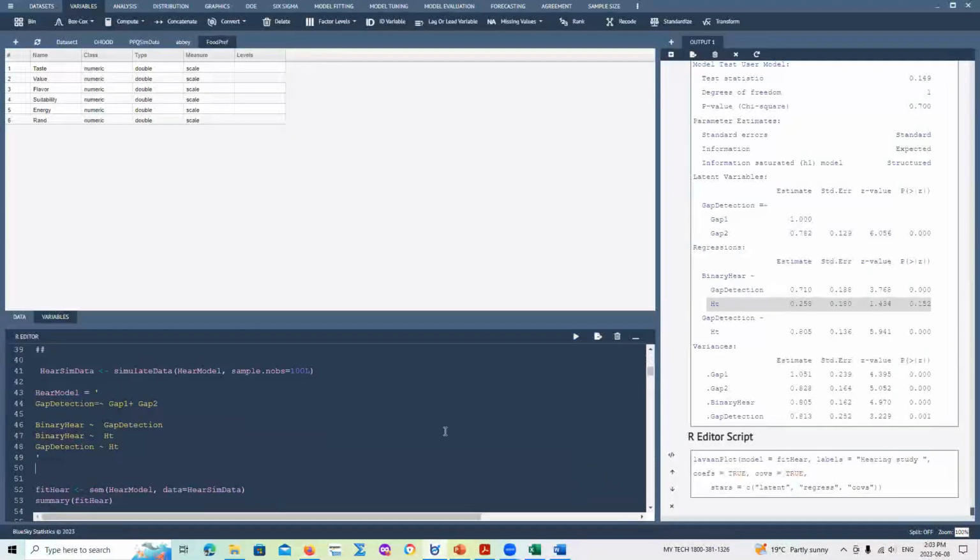The model we are really interested in, you see, the one that's in the middle is gap detection. It's on both sides, because we say that the endogenous variable appears on both sides. It appears as a predictor and an outcome. So that is always where your endogenous variables are. So anything that you see in the middle,